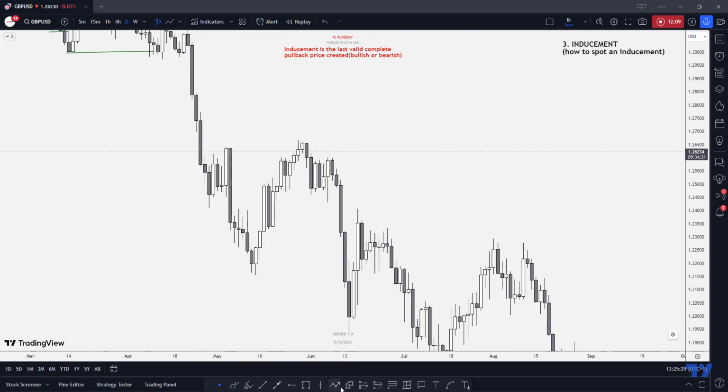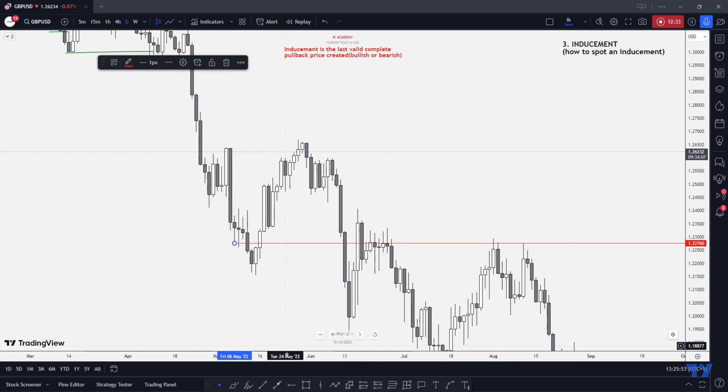We are currently in this phase now. Look at the example that we had that time, in a scenario where we have two places. Here is going to be our inducement. It's still the most recent one, not this one. So in this scenario, we have two places. We have a pullback here, you can clearly see it, and we have another one here. I know a lot of people will not see this place as a pullback, but it's a complete pullback because